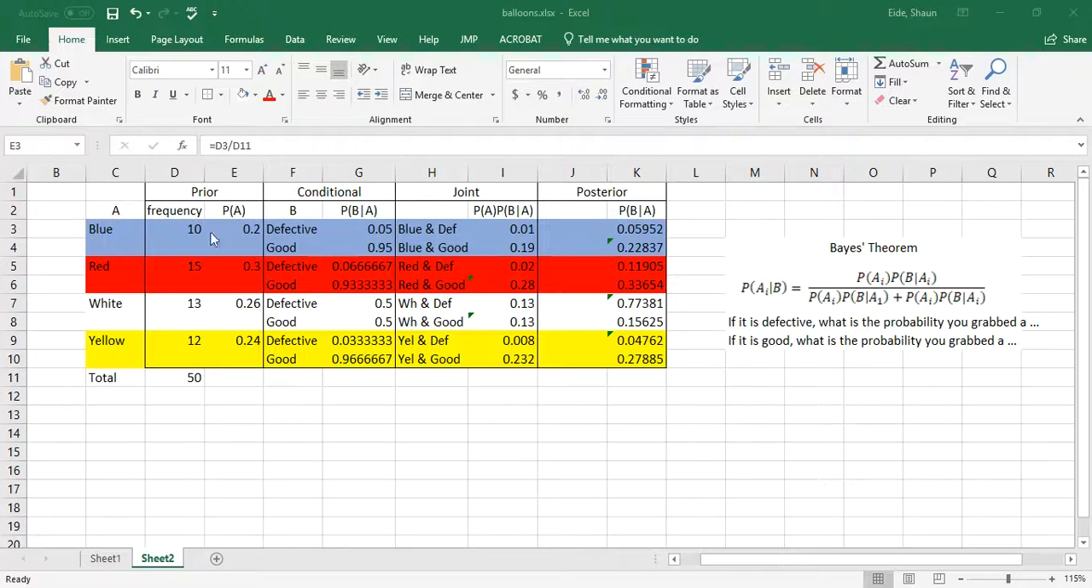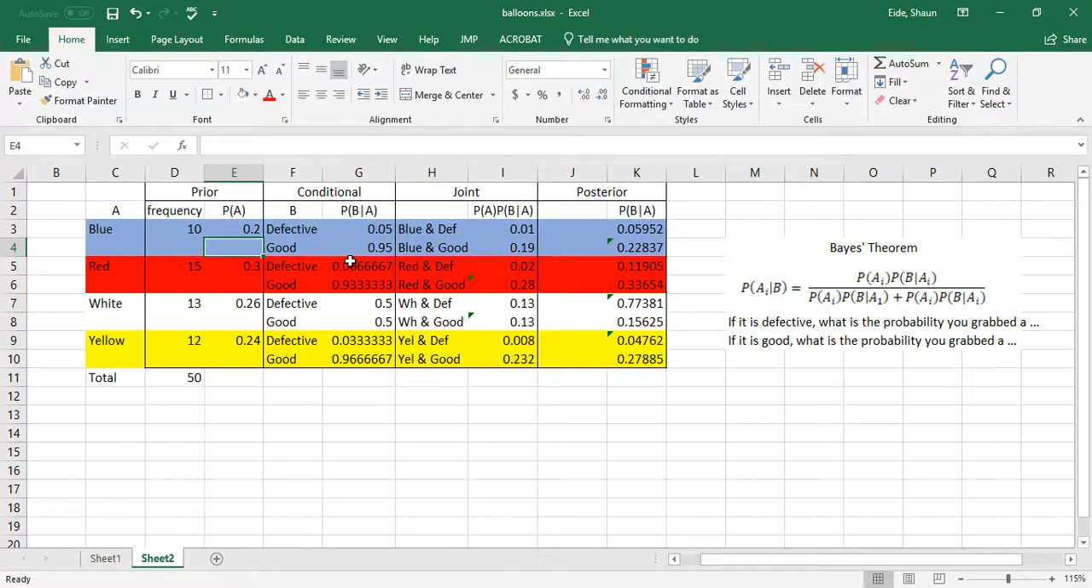So I've got, like I said earlier, 10 blue balloons, 15 red balloons, 13 white balloons, 12 yellow balloons. And so I've got the prior probabilities right here. Prior probabilities is the probability of A. What is the probability that I am going to grab one of those colors? And then I have the conditional probability. Okay, if I grab a blue balloon,